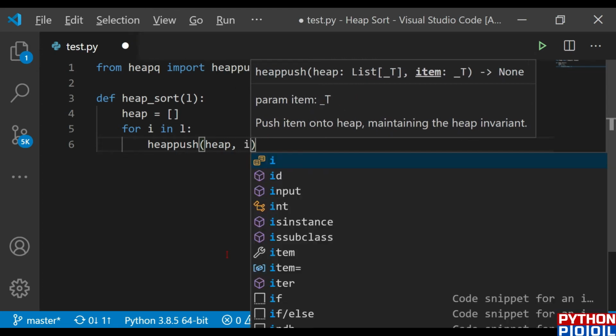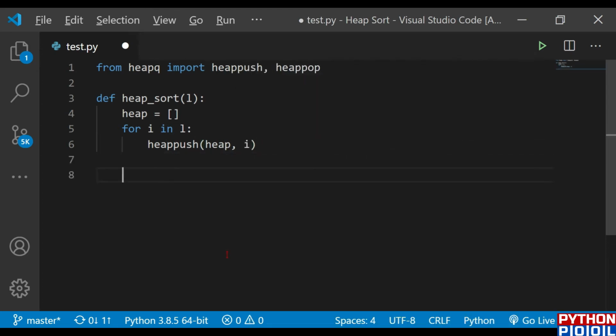Append i, of course. Now when our list is converted into the heap, I need to design one more list, name it as ordered. It should be empty, which is going to be our sorted list.